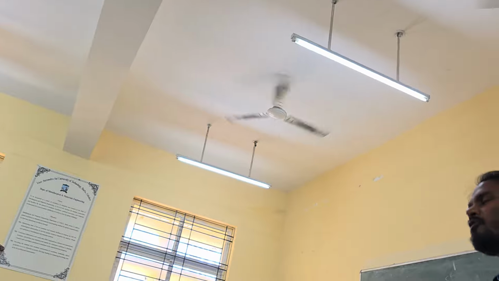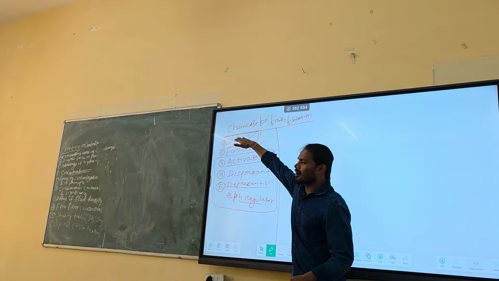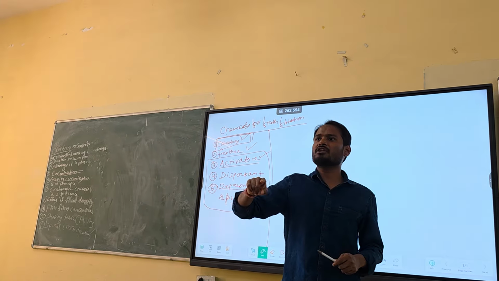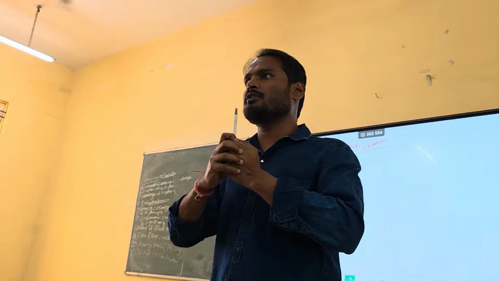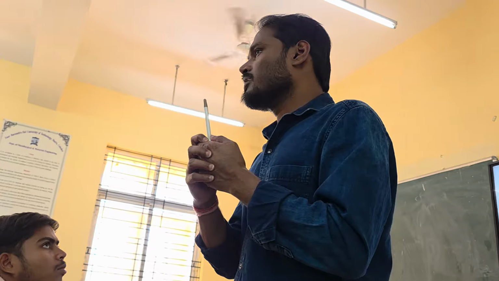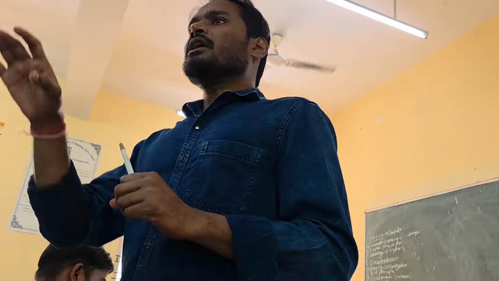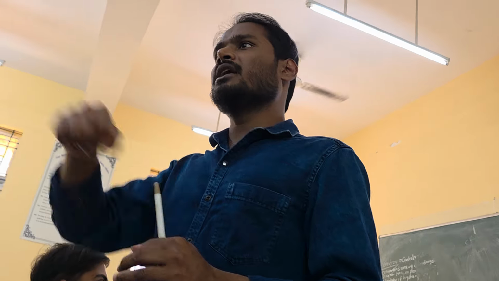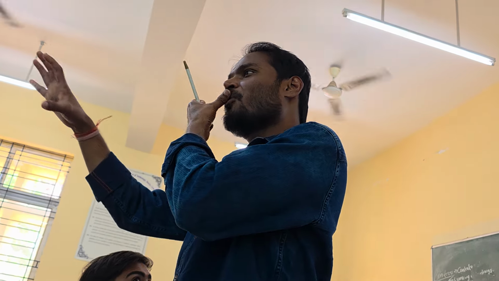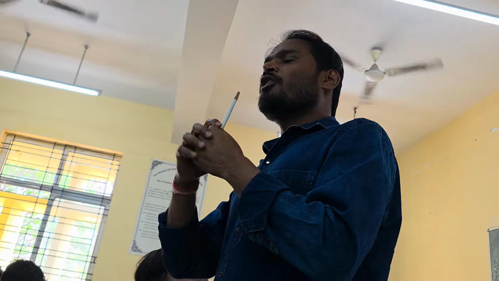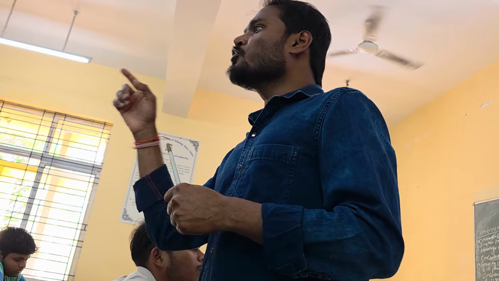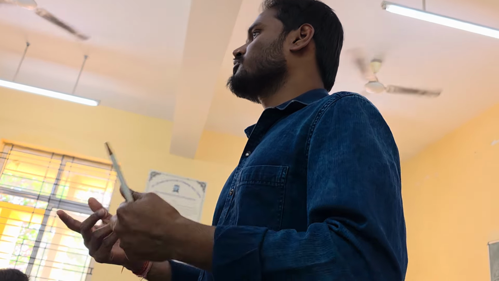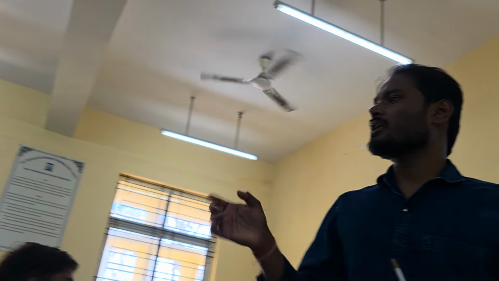So in a simple way, what can I say? Collectors: the main function of a collector is to form a monolayer coating, right? To make it hydrophobic. But sometimes what happens? It won't work. Even if you add a collector, it will not form any kind of coating, or if it is forming a coating, flotation will still not happen. So you need an activator to activate the flotation process. Let me give an example, then you will understand.